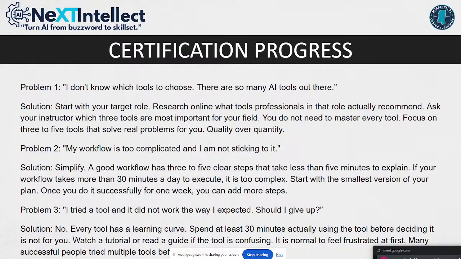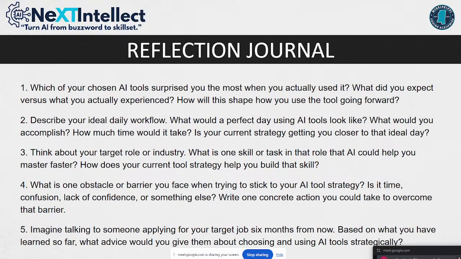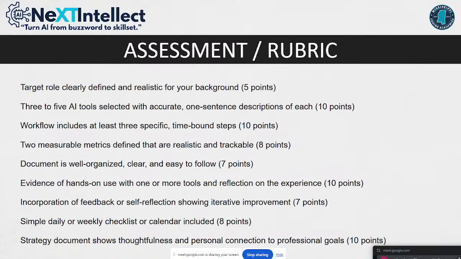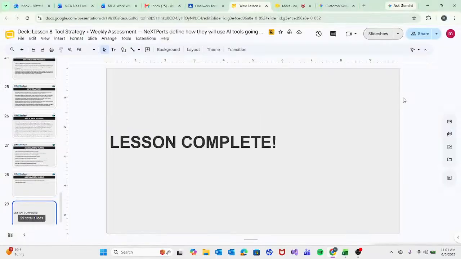Certification progress contains problems that you might face with their given solutions. Be sure to read the best practices for this lesson. The reflection journal is going to be more specifically tied to that activity, and they'll be different based on which tools you used and what you were using it for. So use that as tailored reflections based on the lab work. And that will complete Module 2, Lesson 8, which